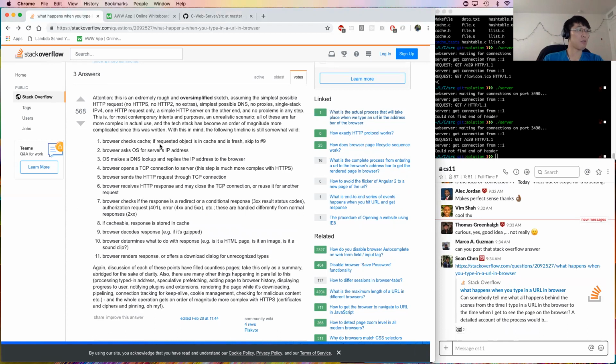Step number one, browser checks cache. If the requested object is in the cache and is fresh, skip to step number 9. Okay, we're going to talk about caching more in depth in the second half of this week, and in fact, you will be implementing caching functionality into the server. But basically, what this is, if we don't know what a cache is